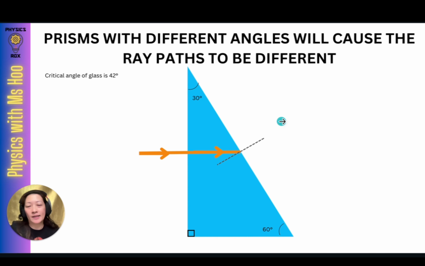This angle is 30, therefore this angle is 60 degrees. At this point, the incident angle is between this light ray and this normal line, and that would be 30 degrees. We know the light ray is traveling from glass to air, but to figure out whether total internal reflection happens, we need to compare this angle to the critical angle. And as you can see, the angle of 30 degrees is less than 42 degrees, which means that total internal